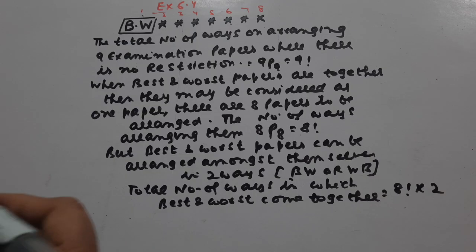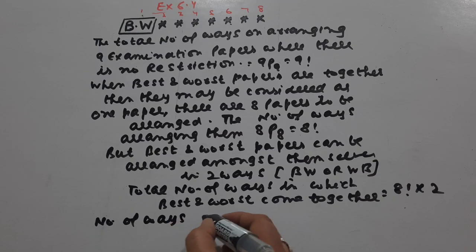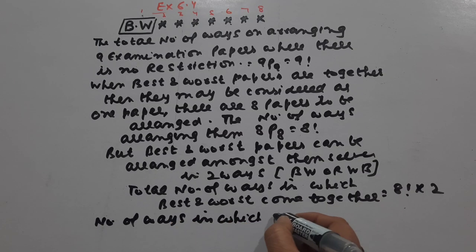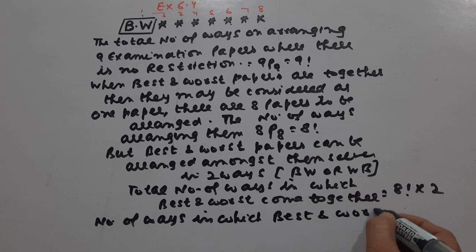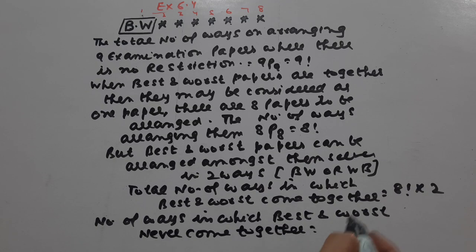Right students? So number of ways in which best and worst never come together is equal to